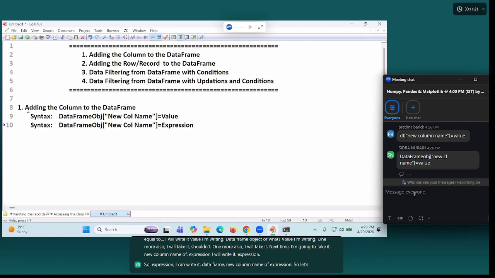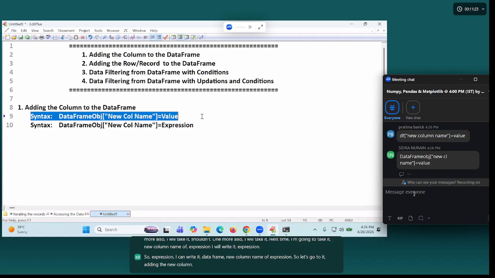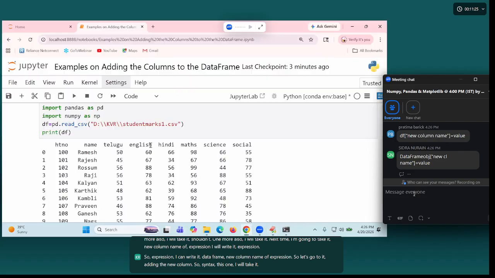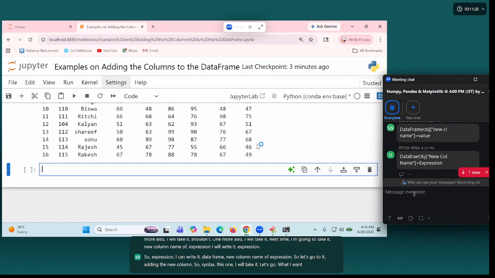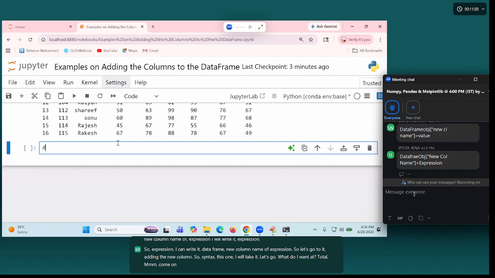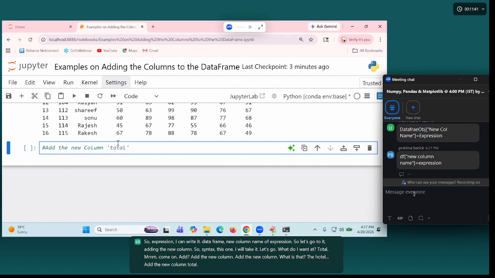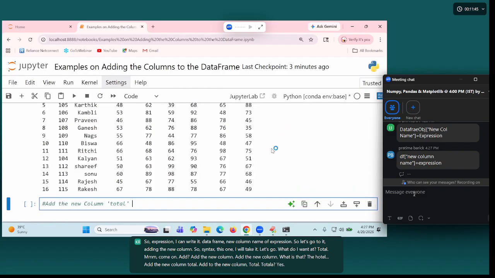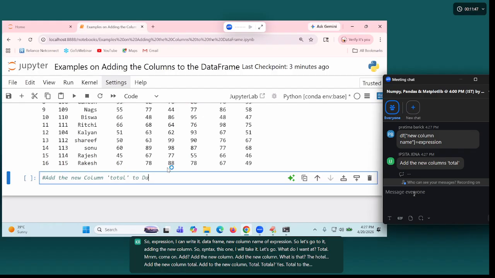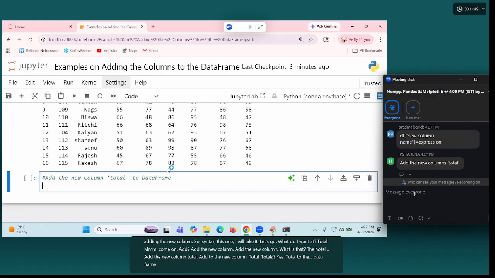So let's go to it. Adding the new column. So this syntax I will take it. Let's go. What I want to add? Total. Come on. Add the new column total. Add the new column total to the data frame. Data frame. How do you do it? DF of